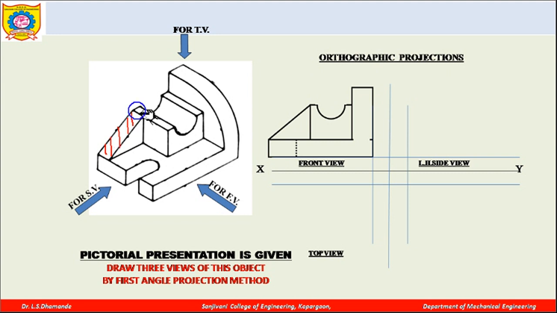Okay, this rib, then this shape is visible from the top. Okay, also this will be visible from the top, and this curved shape, this is also visible to us from the top, and this thing will be visible to us from the top. Okay, and also this portion. So these we have to construct in the top view, which is visible to us now, because whatever was visible to us from the front we have drawn already. Okay, so now the remaining portion will be visible in the top view. So let us draw that top view.